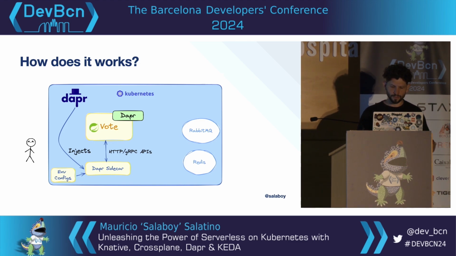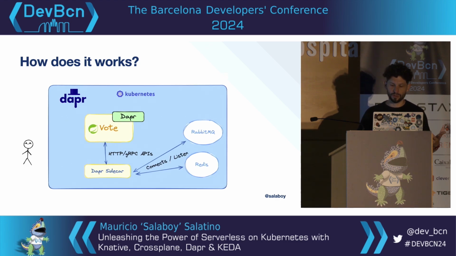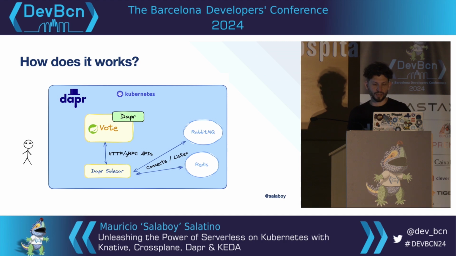In this case, when you connect to the Dapr sidecar, Dapr will read some environment configuration about how these APIs, if I want to store state or send messages, are implemented with real infrastructure. So what I have in my environment is configured so that for messaging I want to use RabbitMQ, and for storing state I want to use Redis, right? So the Dapr sidecar will connect to this infrastructure, and it will allow me to run my applications in the cluster.